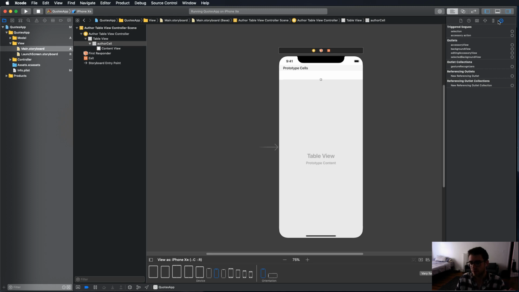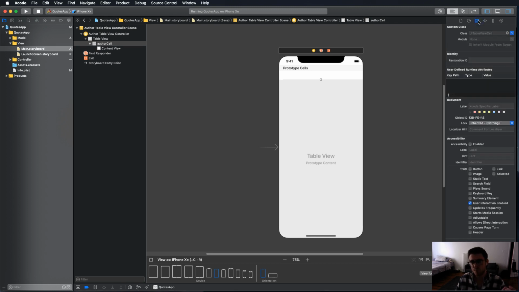And then this controls the outlets, which if you're adding a table view onto your app, you'll need to know how to do outlets and set the delegates, which I have a video on table views as well if you want to check that out. And then in here, what I mainly use this for is to do the custom class and to change the class to one of these that's in the view or the controller, which we're about to do with the author,